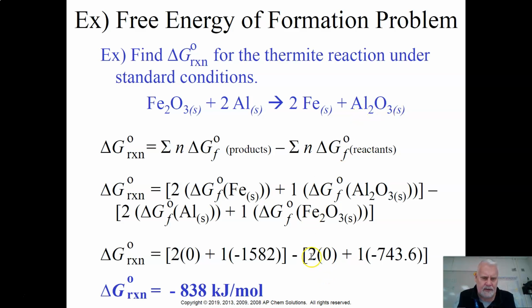Then you're going to go 2 times the quantity 0. Don't forget to put the mole amounts in there. I forgot to emphasize that yesterday. Even though in this case they're not going to affect anything, because the aluminum is going to have a value of 0 because it's